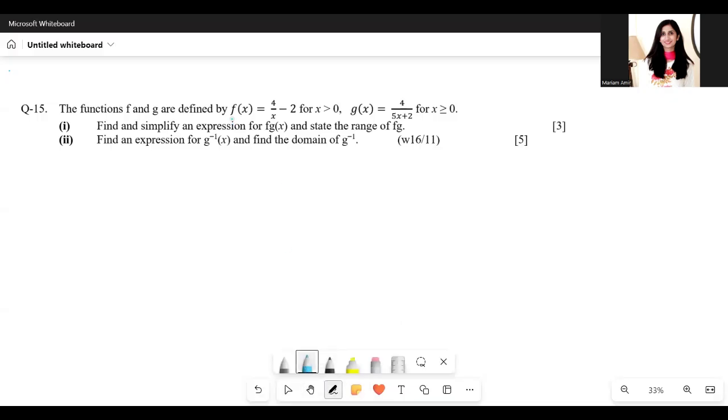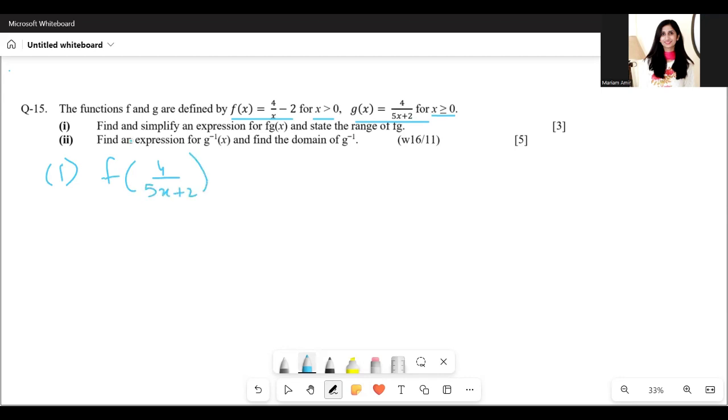So here's another question. Function f(x) is given, its domain is given. Function g(x) is given, and its domain is given. Okay. Find and simplify an expression of fg. So in f, we have to substitute g, which is 4 upon 5x plus 2. So it becomes